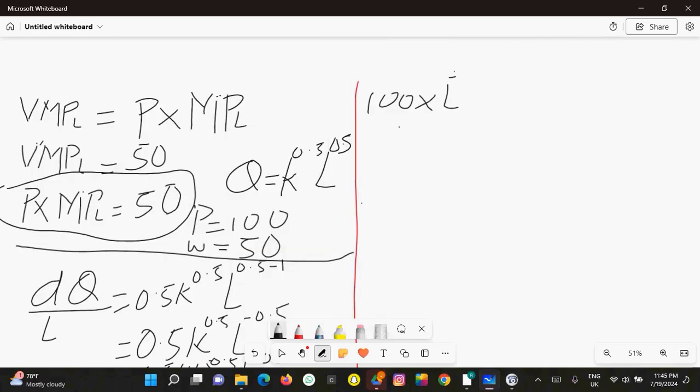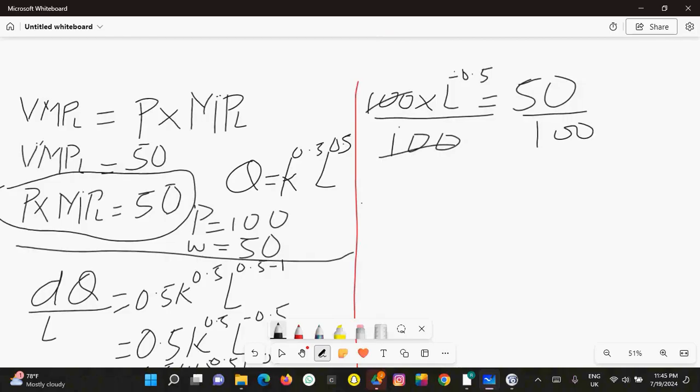So L raised to the power negative 0.5 is equal to 50, which is the wage, right? So what is going to happen here is that we are going to divide both sides by 100 to make the L stand alone. So now L to the power negative 0.5 is equal to